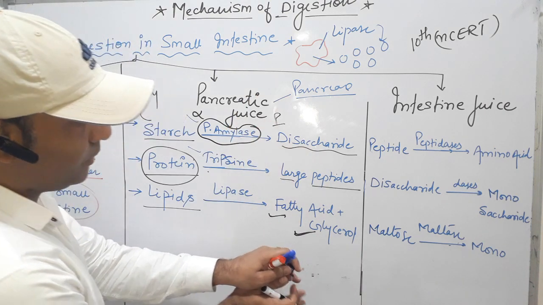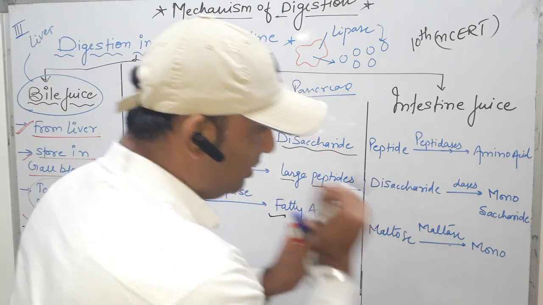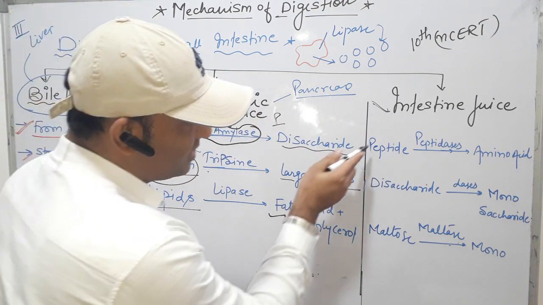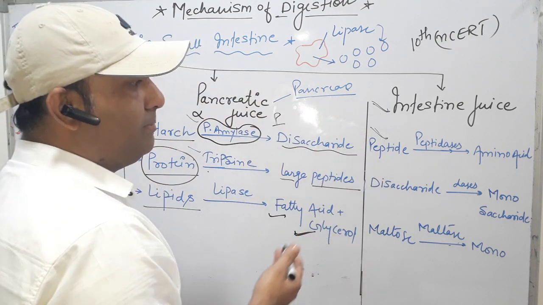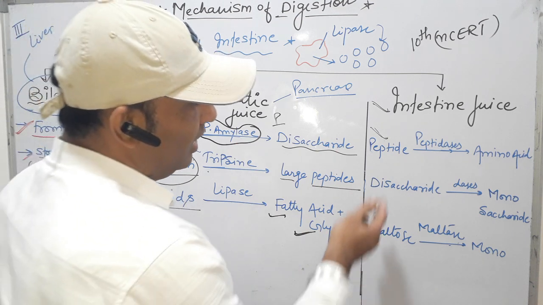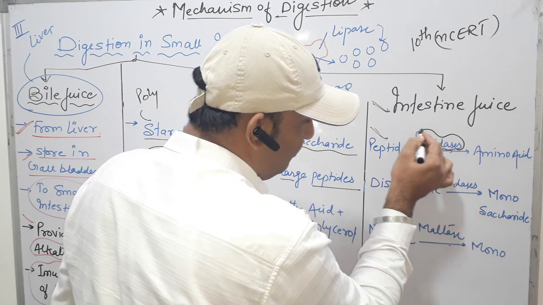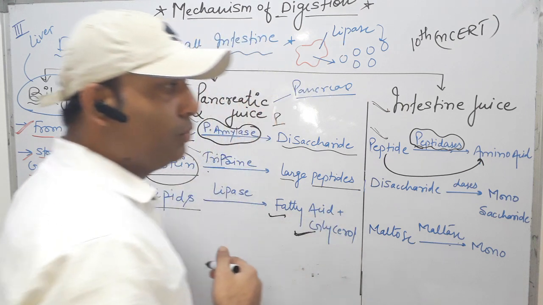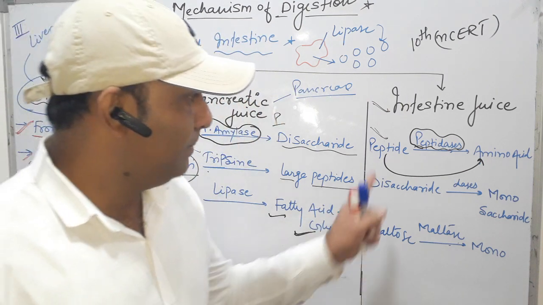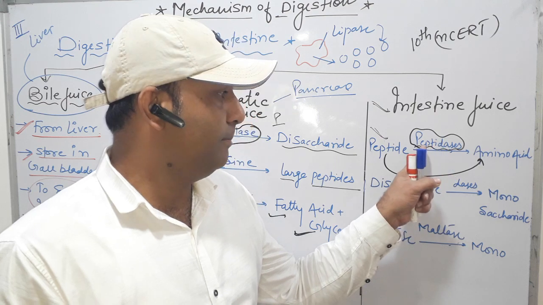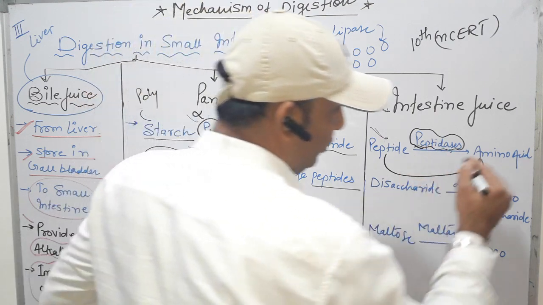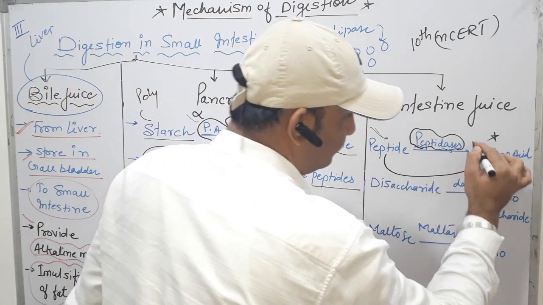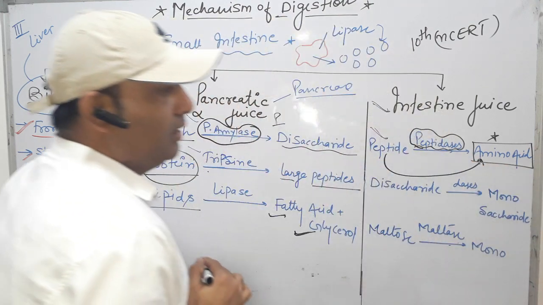All these secondary products now transfer into the area where the intestinal juice is present. Now intestinal juice acts on the large peptides, small peptides, and peptones, in the presence of peptidases. The name of this enzyme is peptidases. So peptide is converted into the amino acid, which is the monomer of protein. Clear? So peptide converts into the amino acid with the help of peptidases. So it is the final product of protein, or we can say it is the final digestion of our protein. So amino acid is the final product of protein digestion.